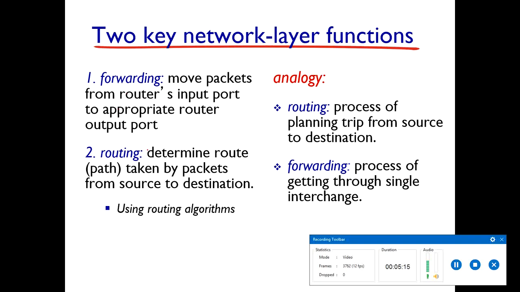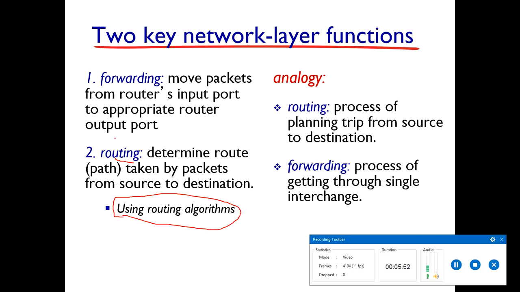Two important network layer functions are forwarding and routing. Although we discussed it in chapter 1, forwarding is moving the packets from the router's input port to the appropriate router output port, and routing is to determine the path, the shortest or the best path between the source and destination, so that that path can be taken by the packets. Now for routing we use certain routing algorithms, which we will be talking about later in